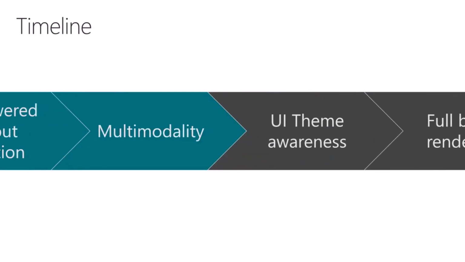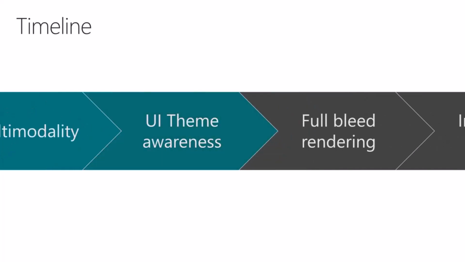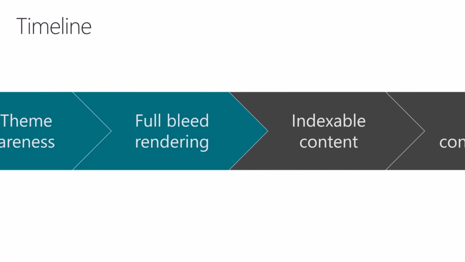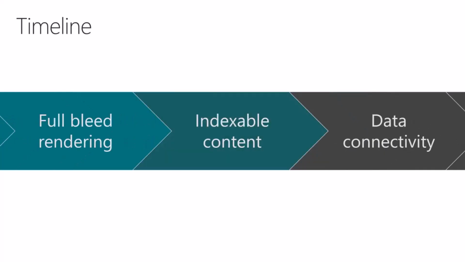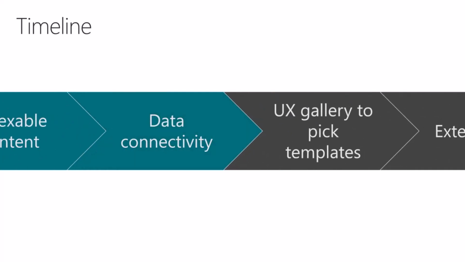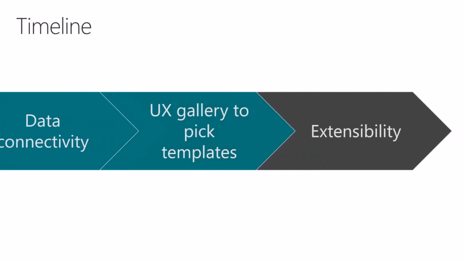We'll add multimodality, which is the ability, again, to work in different modes, specifically for image creation, image-based creation. And then we'll add UI theme awareness. We'll add full bleed rendering for flexibility, indexable content, data connectivity,